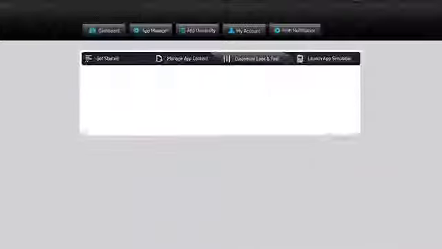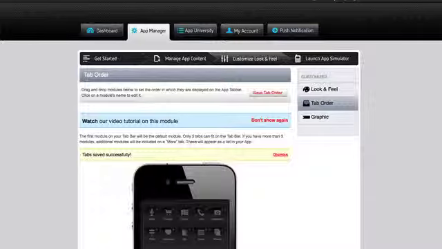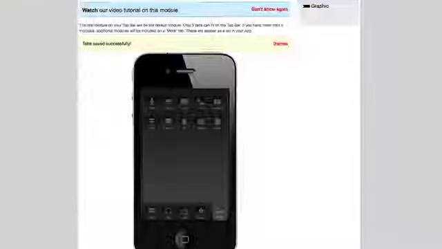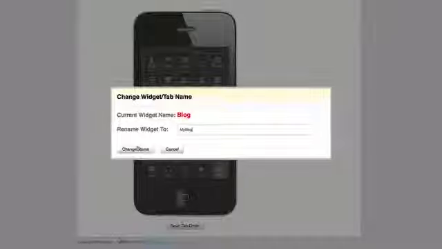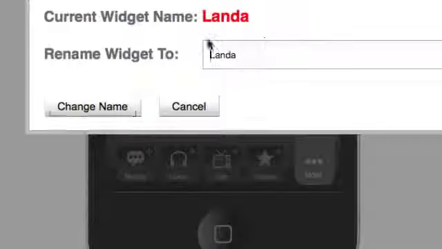And like with look and feel, saving tab order, tab saved successfully. So we'll scroll down. And you may want to rename blog. So by simply clicking on blog, the writing, let's name it my blog and change name. And as you can see there, let's change this to radio